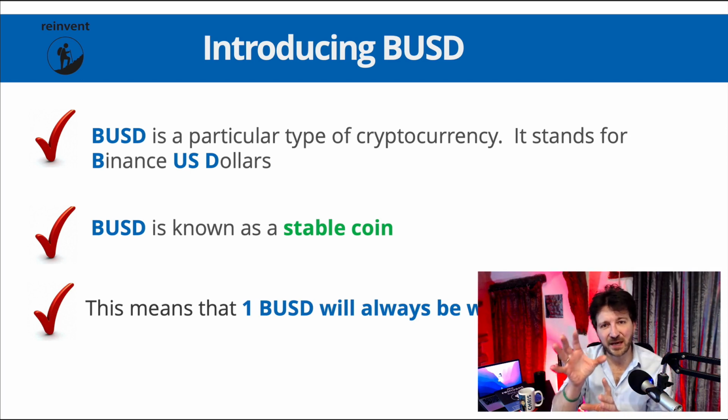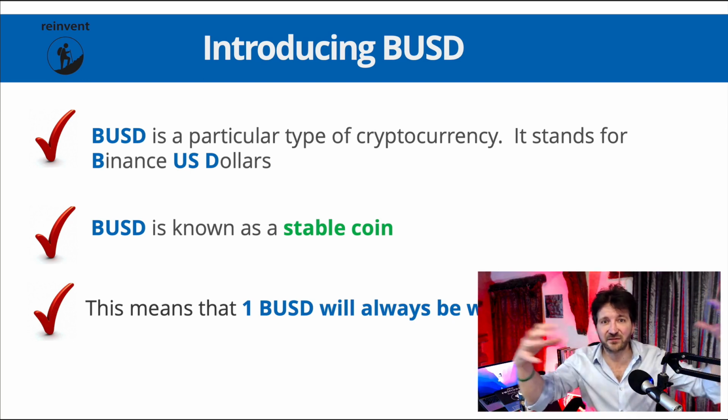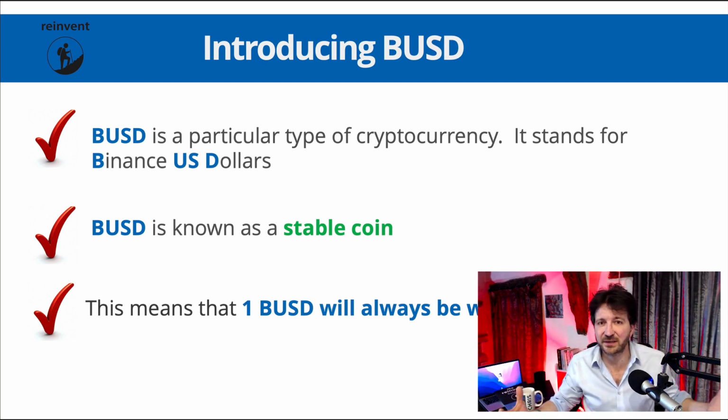Now, do you remember me saying a few videos ago, when we were getting clear between the terms centralized and decentralized, that at centralized exchanges, such as Coinbase and Binance, you can transfer in fiat currency, but at decentralized, you can't. At decentralized exchanges, such as PancakeSwap, you have to use cryptocurrency. This is where BUSD comes in, because BUSD is pegged to the price of $1, but it is digital dollars.